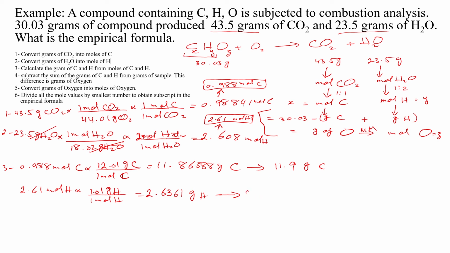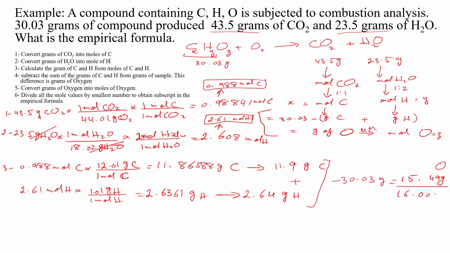Rounded to the proper number of sig figs, that is 2.64 grams of hydrogen. Next, you are going to add these two and then subtract the result from 30.03 grams. So 30.03 minus 11.9 minus 2.64 gives you 15.49 grams of oxygen. To convert the grams of oxygen to moles of oxygen, you divide it by